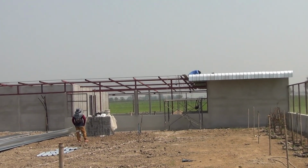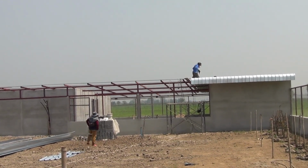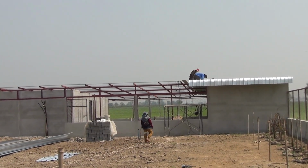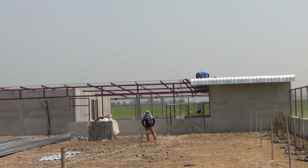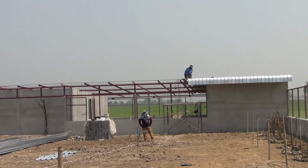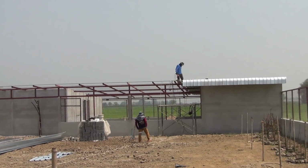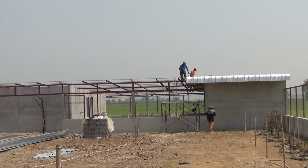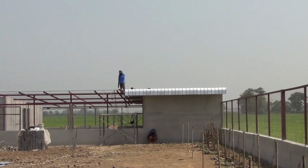Now, what exactly are they going to do? I don't know. They might work straight through lunch. They might take an hour nap. You never know. But either way, they're moving along. They've got a system. They've got a rhythm. They figured out what works for them. They've got 3 people up there on top, so everybody gets a third of that sheet. These 2 guys down here fold it up, put it up there, and they set a screw